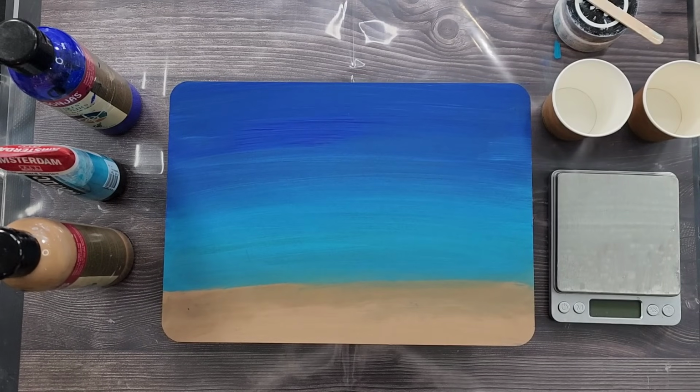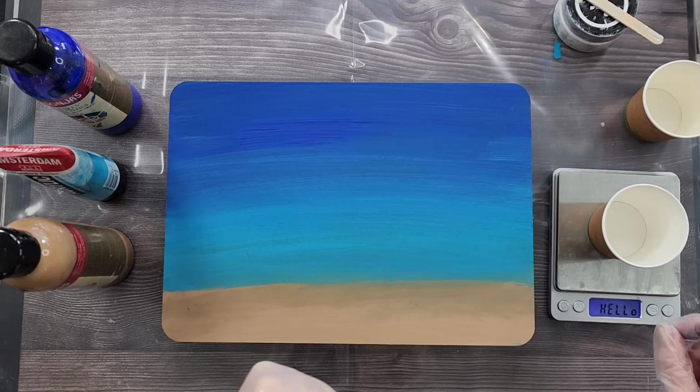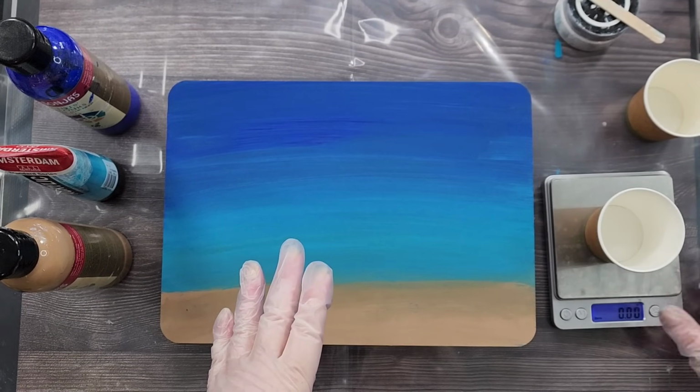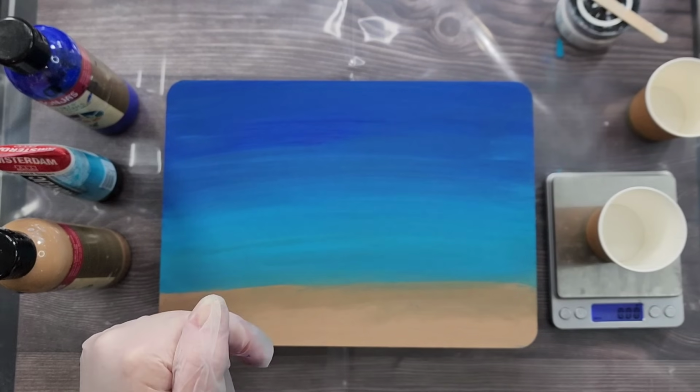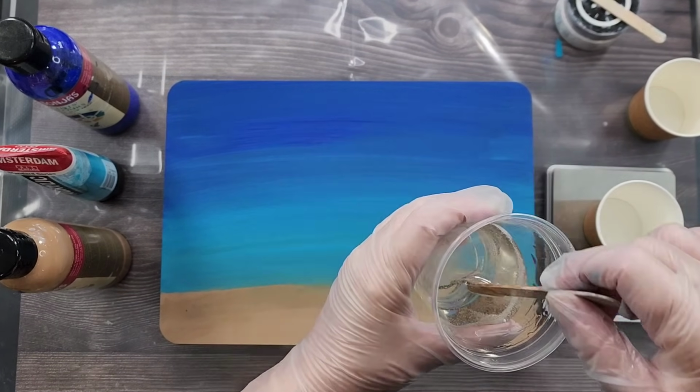So off I went to her studio, and she introduced me to a different resin, because I have been using the Just Resin diamond coat. I'm just going to weigh out 10 grams here of my resin. So anyway, she